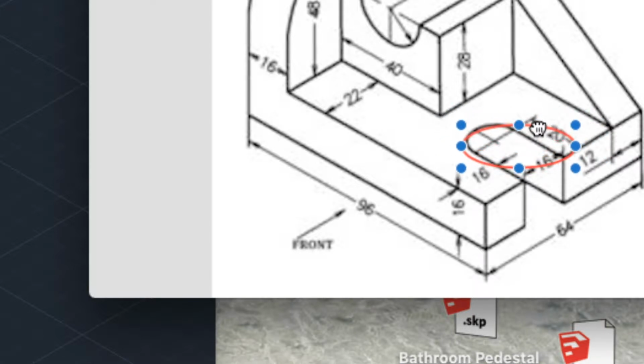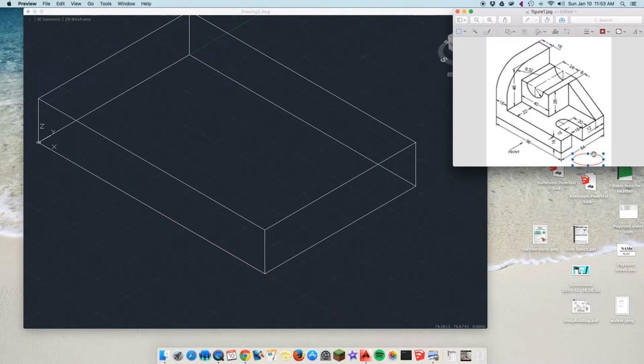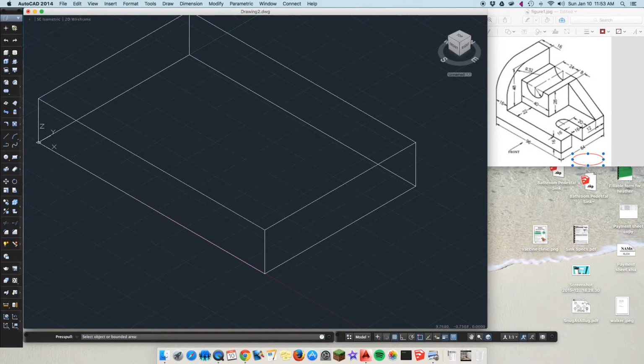Okay, so what we're going to do is concentrate on making this box, this 16 by 16 by 20 first, and then we're going to add the semicircle to it, and then it cuts all the way through the object. Okay, so let's go back to our home screen here. We're going to do this. We could just try to draw lines and make it work, but what we're going to do is